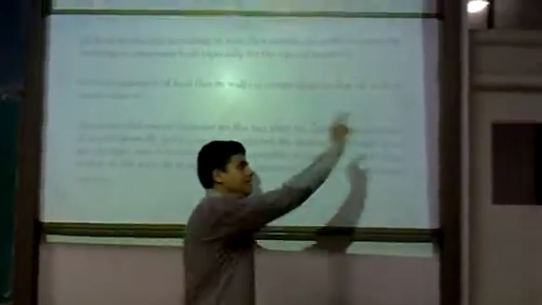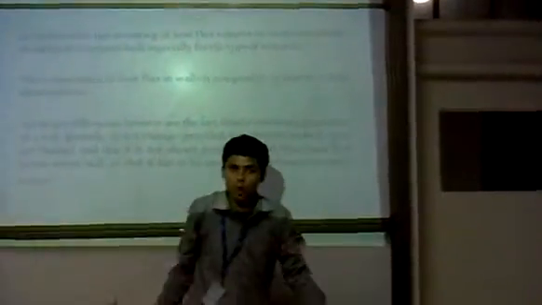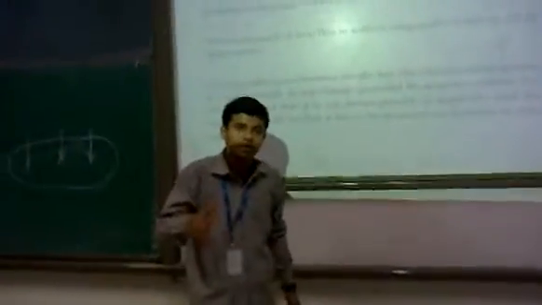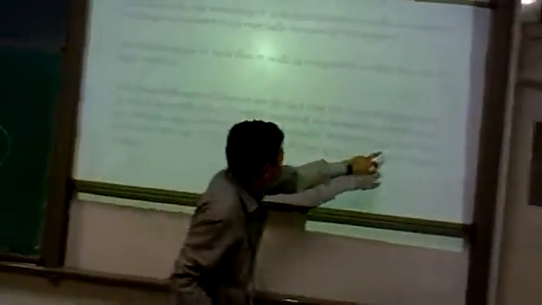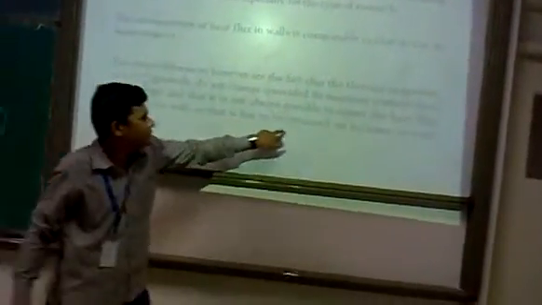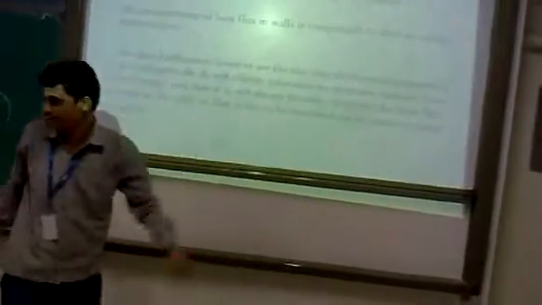For that purpose, they put the heat flux sensor on the inner surface or outer surface of the wall. Here we see in the soil, they place the heat flux sensor inside the soil. But here they place the heat flux sensor on the inner or outside of the wall. It is not always possible to insert a heat flux sensor, so it has to be mounted on the inner and outer surface.